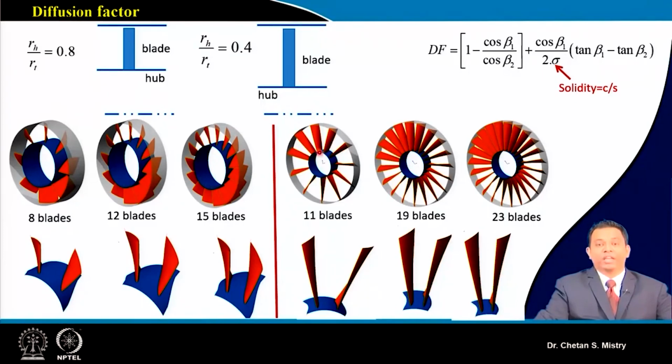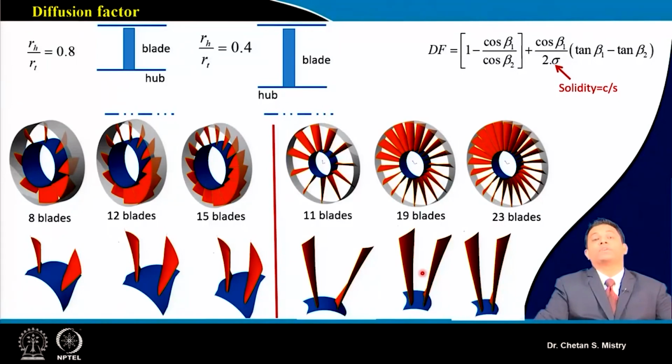Okay, so here if you look, if I keep my chord constant and increase the number of blades, you can understand that we are making the diffusing passage narrower, and that may give a higher pressure rise. But we need to realize one thing: what chord length we are selecting is very important,